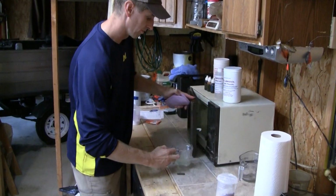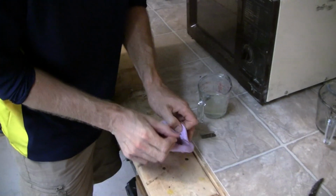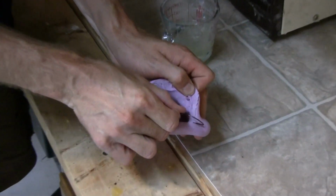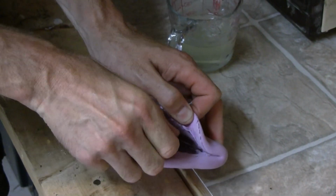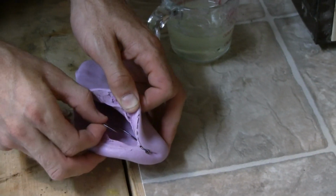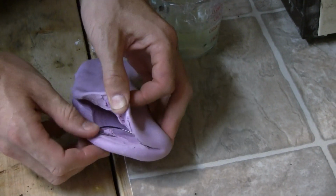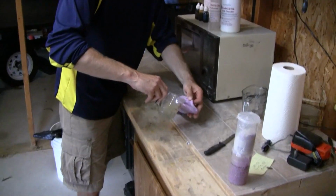So our Alumisol looks ready. We're just going to pour a clear one first. What we're going to do, you can see, I'm going to take and just poke the hook right through where the fish's mouth is, and I'm just going to leave the hook right up in the mold, similar to this. Alright, now we're going to take the soft plastic,